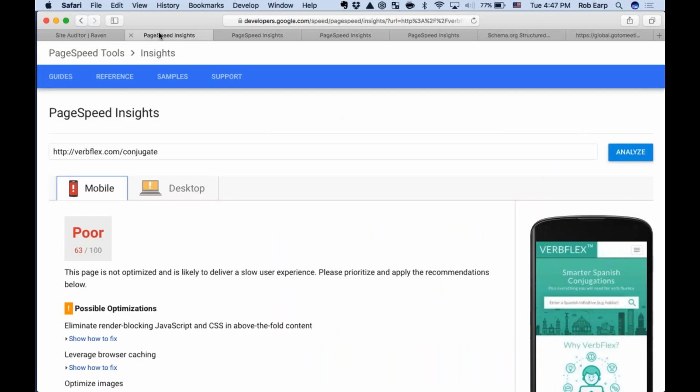So let's get into speed, because speed is definitely a ranking factor. This is a terrific free tool from Google called PageSpeed Insights. And all you've got to do is put in a URL. By the way, this is not a website tool. This is a web page rating tool. So every page needs to be looked at